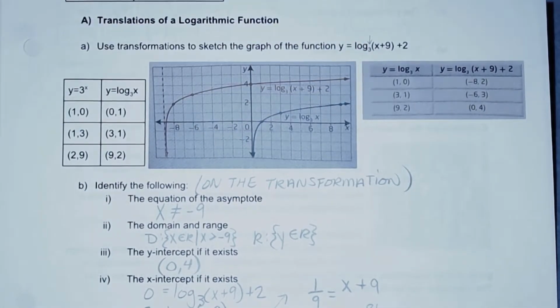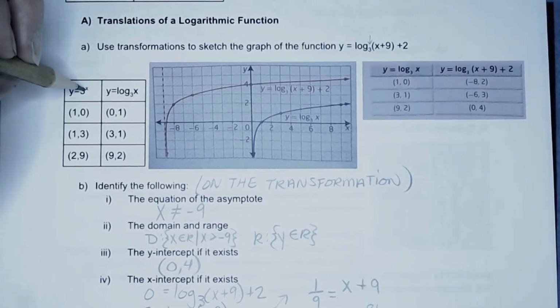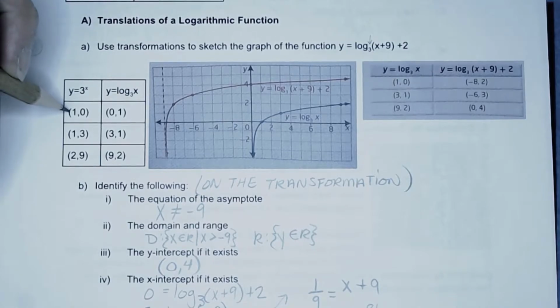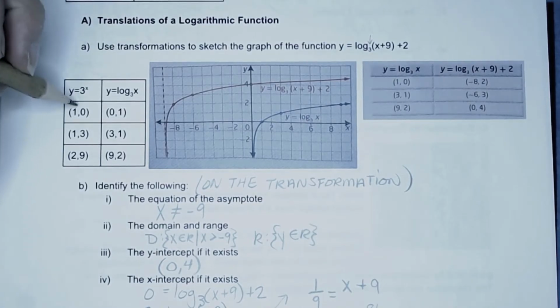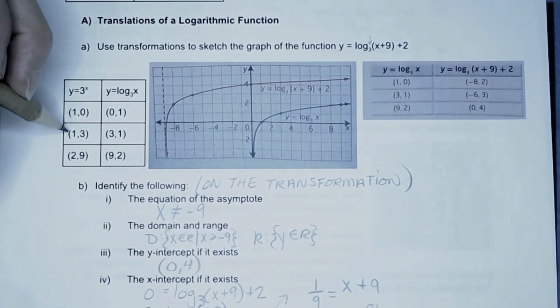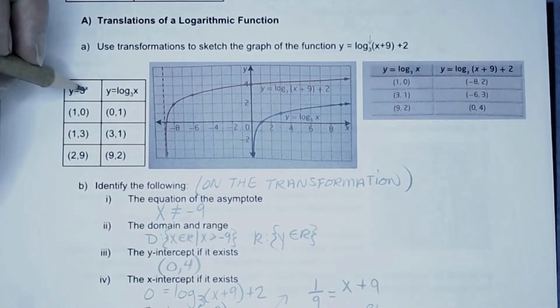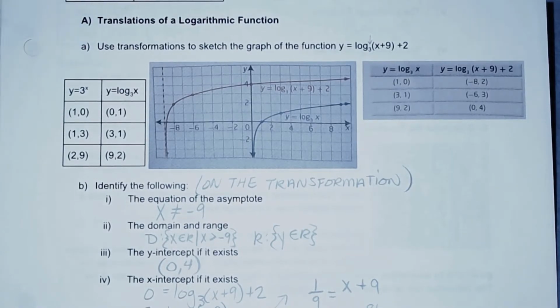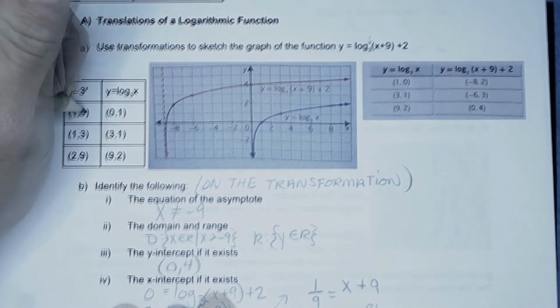My base function is 3 to the power of x. So y is equal to 3 to the power of x. You have those mapping points. You can just plug them in, put an x value there, see what y equals. So 3 to the power of 1 and 0, 1, 3 to the power of, excuse me, this should be